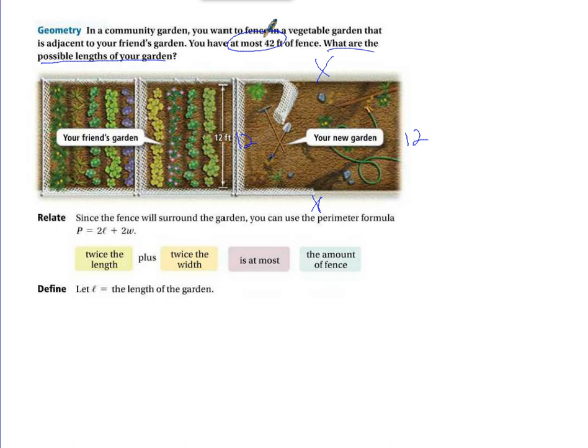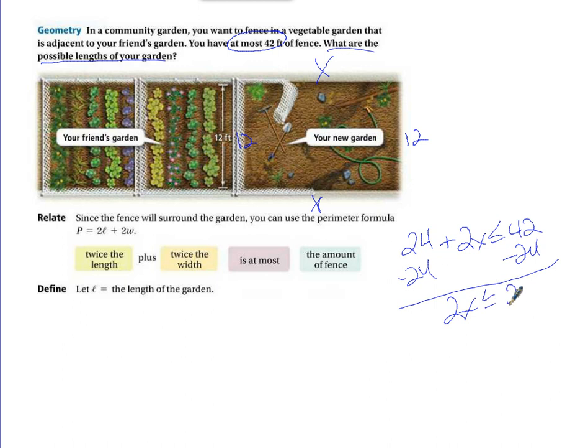Yep, so 12 plus 12 is 24. Add the two x's and you get 2x. And we have at most 42 feet of fence, so I can't go over that. So we have to say less than or equal to 42 feet of fence. Okay? Now we just solve. Subtract 24 from both sides, and we get 2x is less than or equal to